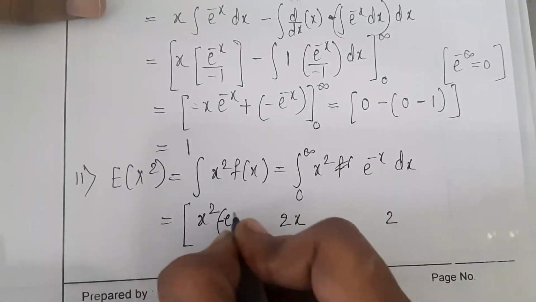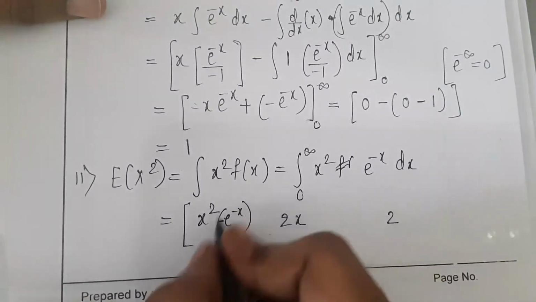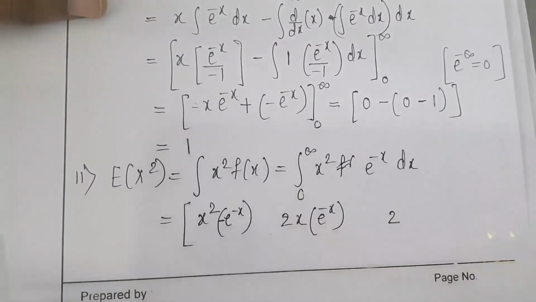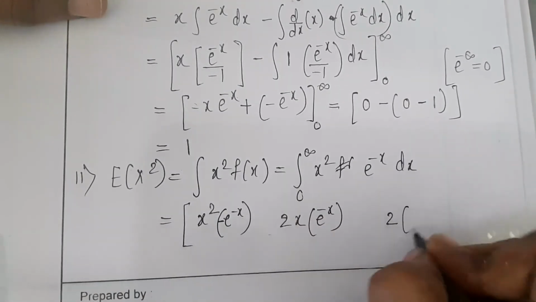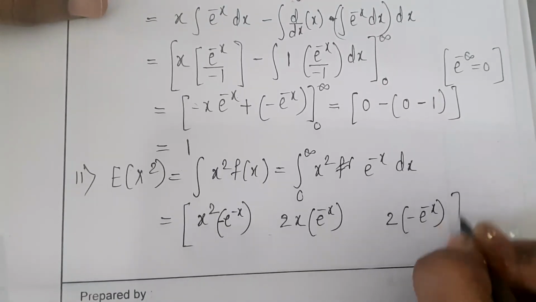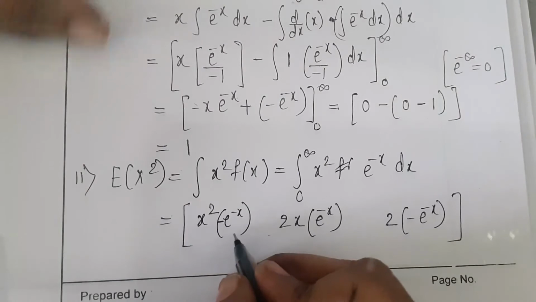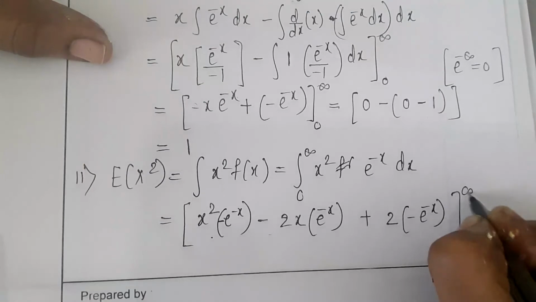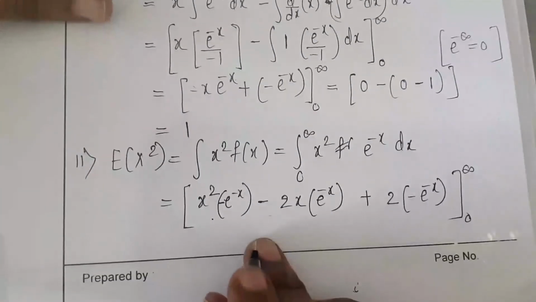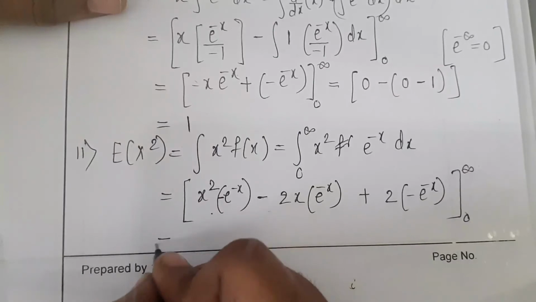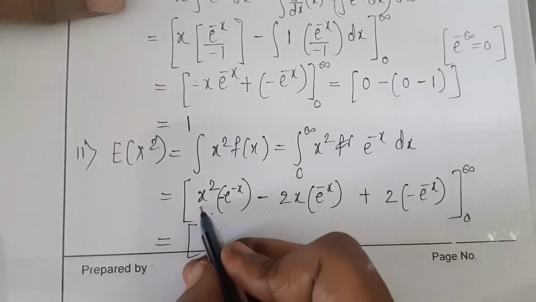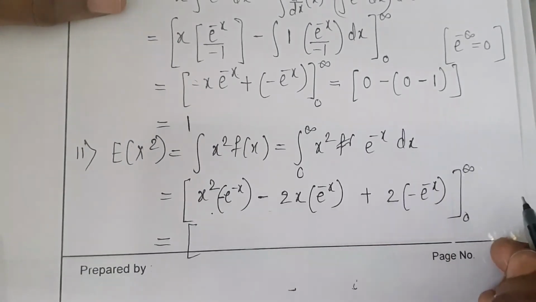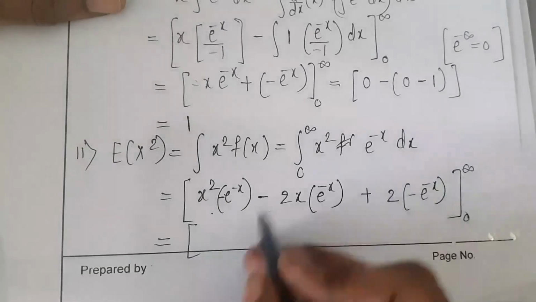Next, the integration of e to the power minus x is minus of e to the power minus x. Then again its integration, which is minus of minus, becomes plus e to the power minus x. Next, again its integration, which is minus of e to the power minus x. With continuous integration, the first term is always plus, second is minus, third is plus, and limits are from 0 to infinity. So if we use the generalized rule, in one step we get the answer. But this is applicable only when the first function is of reducing type, because the derivative will become 0 at the next term. So in such types of functions only we can use this rule.